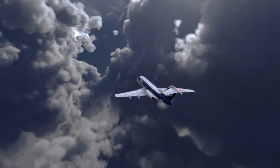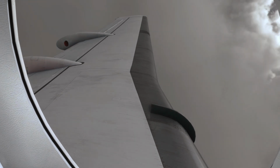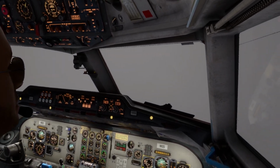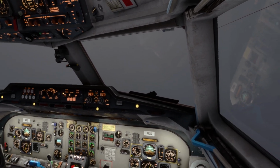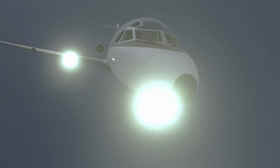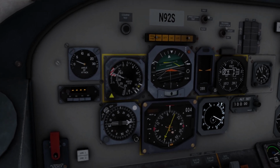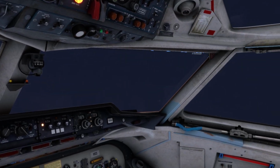wasn't just restricted to the skies and the bodies flying in it. She took her anger out on the heavens and the earth, leaving behind a trail of destruction that humans and our technology can't even begin to compete with. We've covered a lot of tragic events on this channel, but few come close to that of Flight 242, and rarely do we have so many eyewitnesses' accounts to paint the horrifying and utterly devastating events that transpired on that